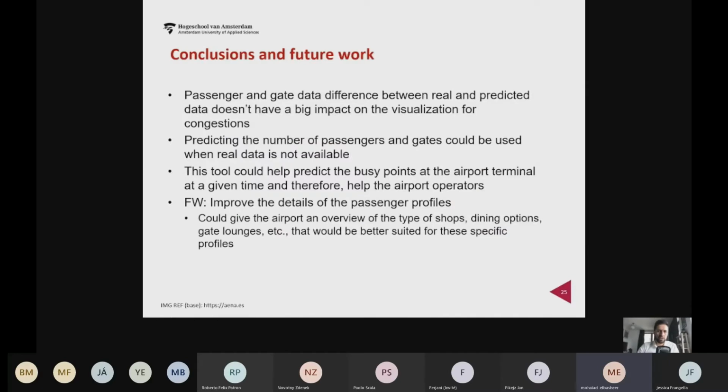As for conclusions and future work, the passenger and gate data difference between the real and the predicted data doesn't have a big impact on the visualization for congestions. So of course, we would like to use real data if available, but if the data is not available, of course, we could still use the predicted data from our algorithm. The tool that we created could help predict visit points at the airport terminal at a given time and therefore